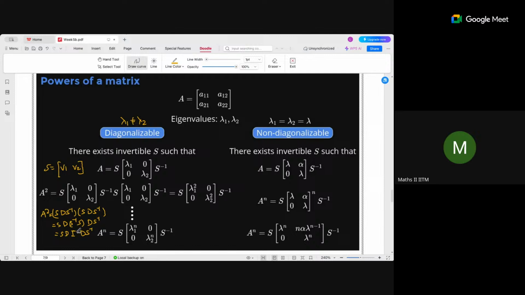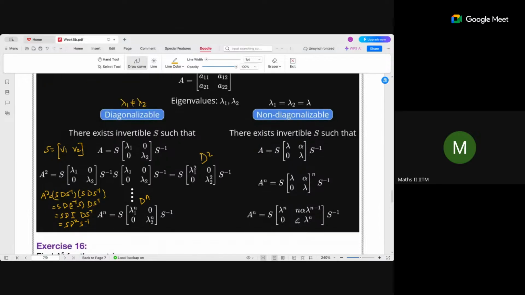So this I can simply write as S D square S inverse. Okay, so this is D square. If I do this process repeatedly, for any n, A power n is S D power n S inverse. So computing powers is much easier if you have this. Okay, and there exists an invertible S such that, if it is non-diagonalizable, then you have an upper